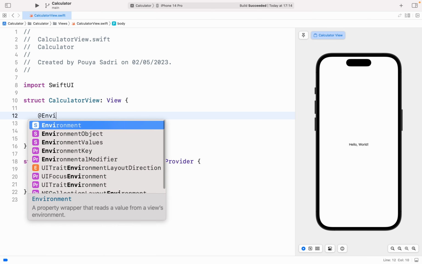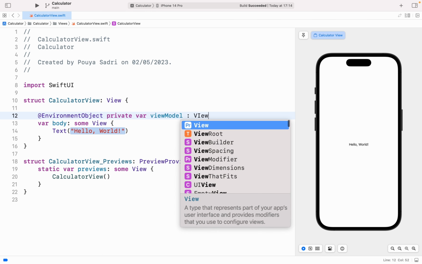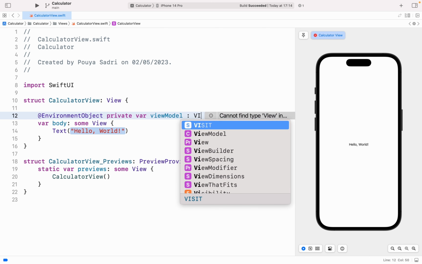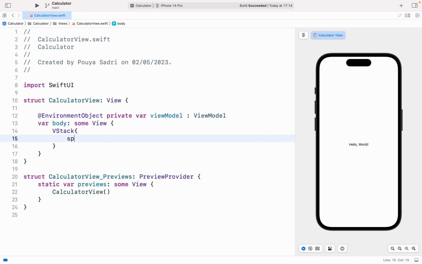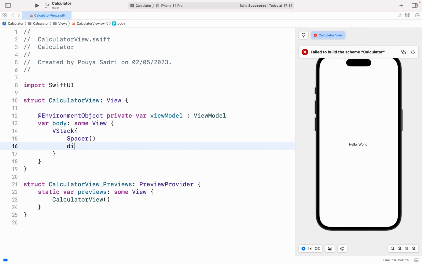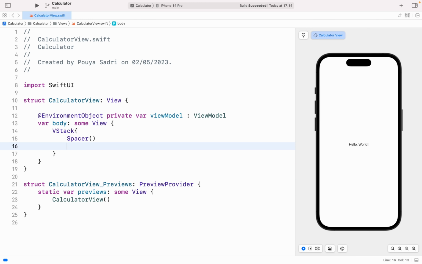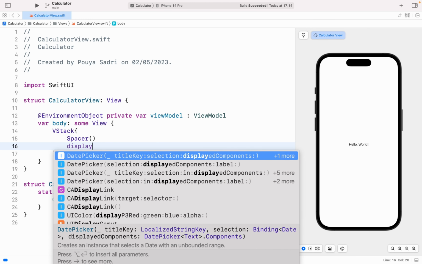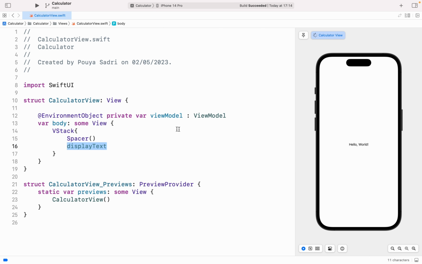So environment object would be private, or view model would be view model. Yep, view model. Yep. So in our body, we have a VStack here. In the VStack, we have a spacer. Here we have display text. So we have to create a display text here,